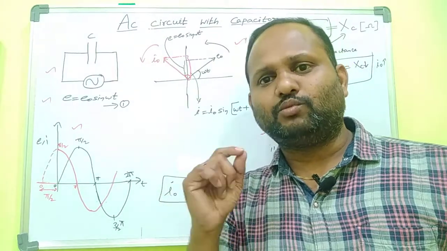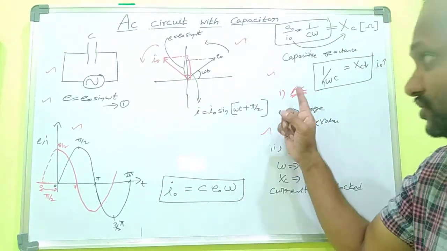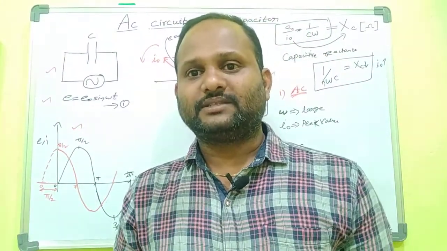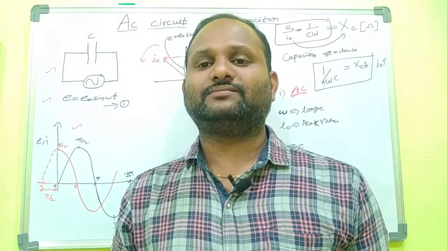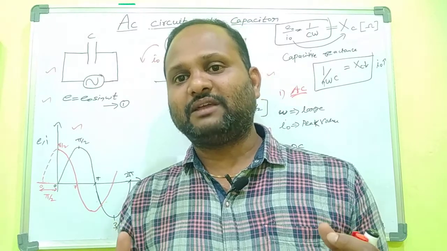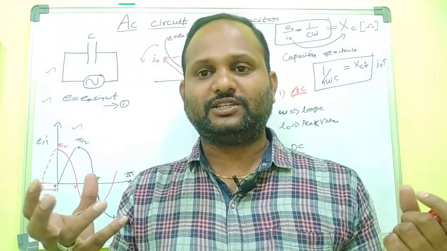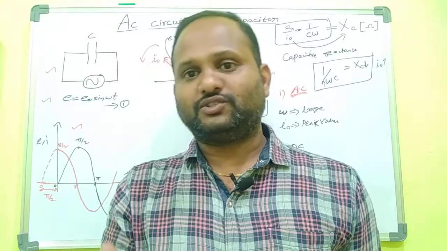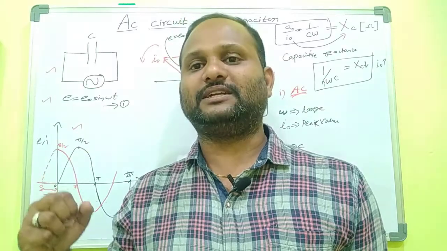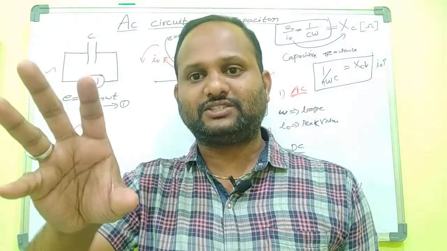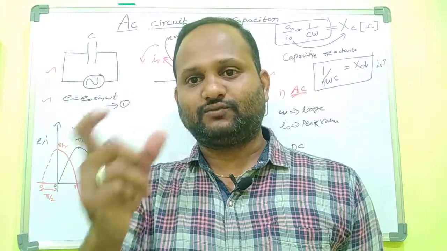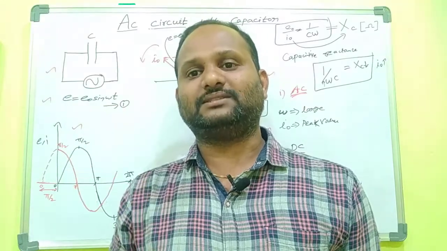The seventh thing, the most important thing, is the opposition given by the capacitor. Does the capacitor oppose the current? Is there any chance? Yes, the capacitor gives some opposition. The name of the opposition is called capacitive reactance. Its unit is ohm. It gives the opposition depending upon the frequency and the capacitance. If the capacitance is constant, when the frequency varies, it opposes. So it gives reactance for the frequency, that is called capacitive reactance.